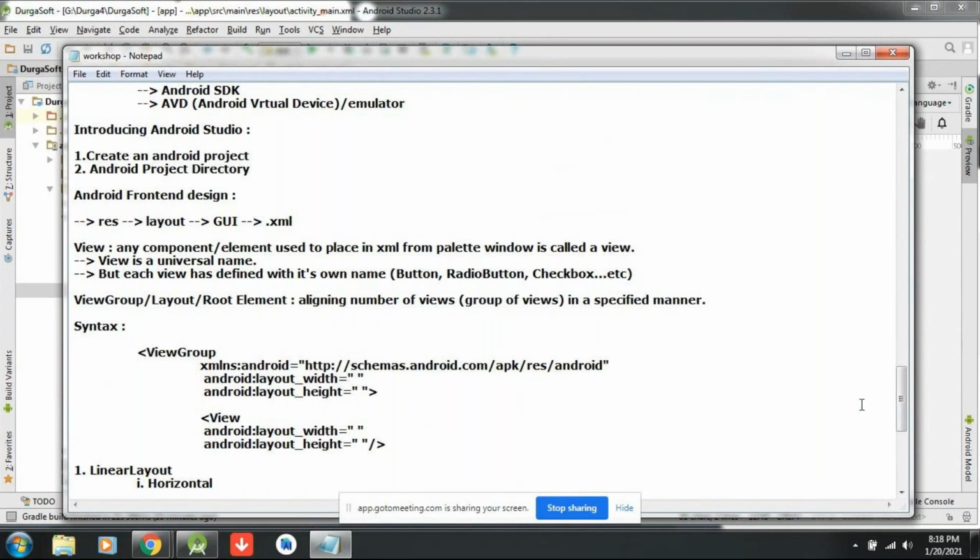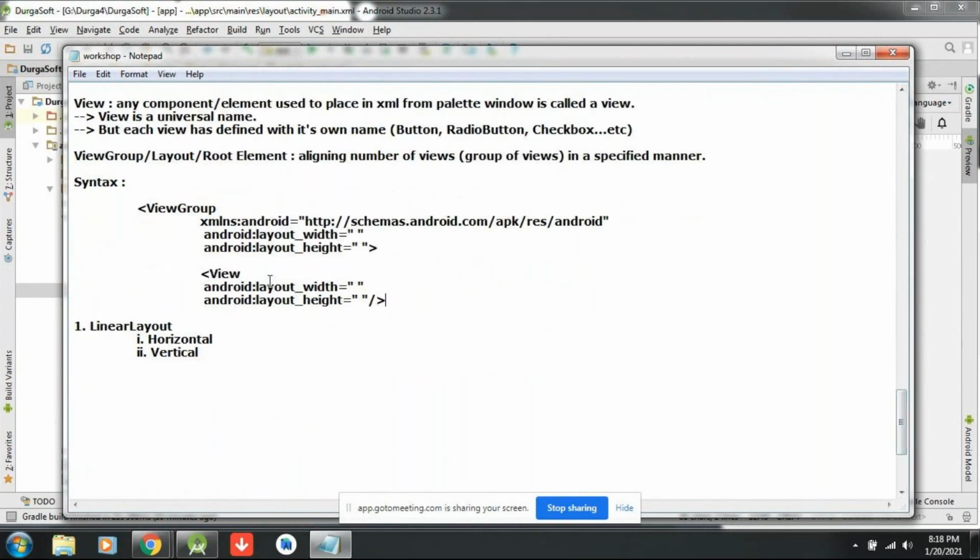Next, here one more important point. If for the view you need to write some backend logic, then you have to add one more id, which is called android:id. Any id you have to call like this, @+id/. The id is mandatory, because in XML, for example, you have taken a button and you are clicking on that button. Which button you are clicking must be identified, right? How will it be identified? By using the id property. So give some view id like this. Next, width and height are mandatory.